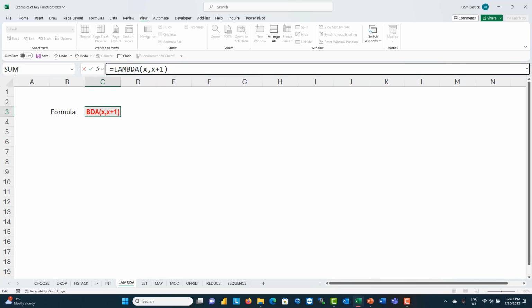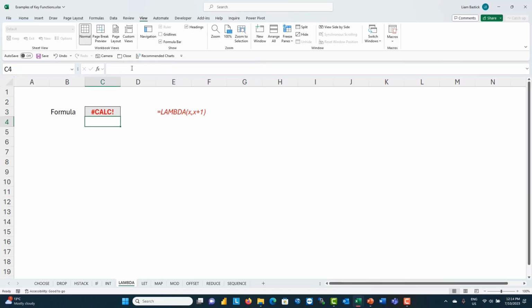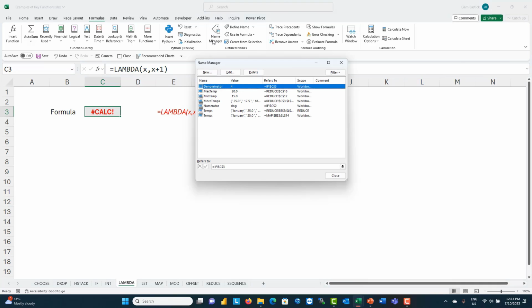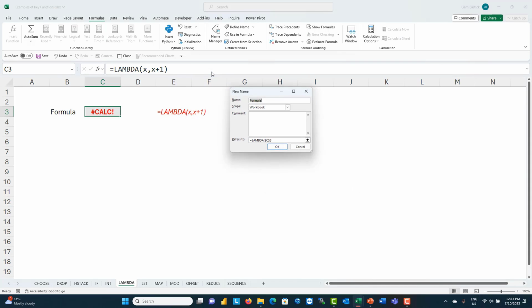So if I just press enter here, what happens? Oh, I get hash calc. That's because it's not quite as simple as that. You need to name your lambda. So in order to name your lambda, we've actually got to have it so that we can reuse it. We need to use the name manager, which is on the formulas tab, and we've got in here name manager. So if we click on that, Control plus F3, and then in here we can click on new,